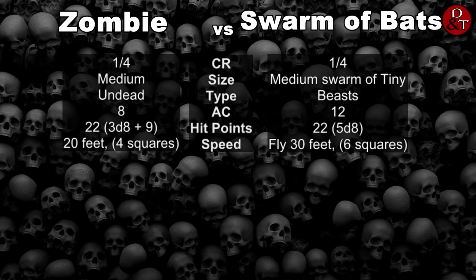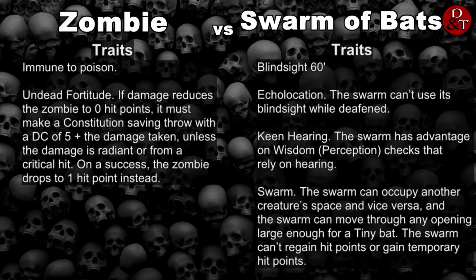Yeah, but when we go into the traits, let's go into the traits. We see this undead fortitude, which has a huge effect for the zombie. So if it goes down to 0 hit points, it may not die. It may come back, and it depends on how much damage it takes. If it takes 1 damage, it only has to make a Constitution saving throw of DC 6 in that particular case. And the fact that the DC is directly proportionate to the amount of damage that it took is